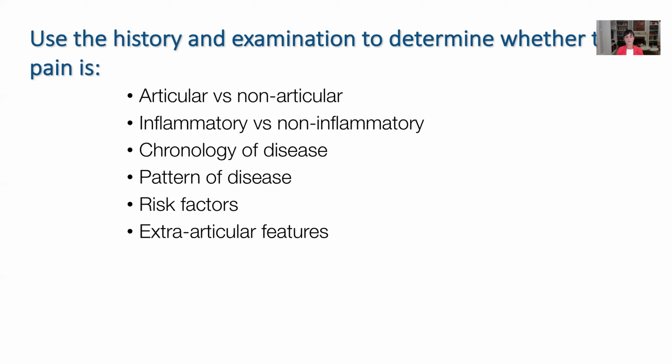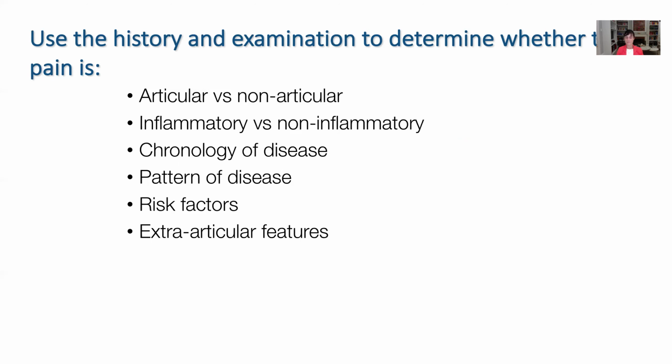Is it arising from the joint or from structures around the joint or even distant to the joint, such as referred pain to the shoulder from a subdiaphragmatic inflammatory lesion? The intention is also to determine whether it is inflammatory versus non-inflammatory, the chronology of the disease, the pattern of the joint disease, various risk factors, presence or absence, that may be associated with different forms of arthritis or rheumatic diseases, and likewise extra-articular features which may occur with some of these multi-system diseases, of which arthritis is one of